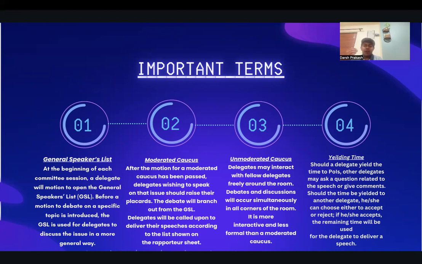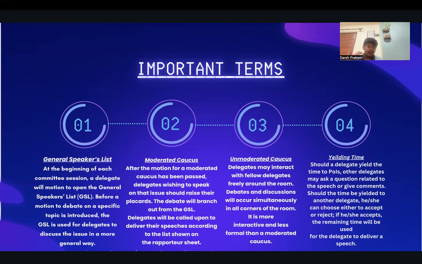I'll take the agenda of our UNHRC committee, that is deliberation upon the special provisions of climate refugees with special emphasis on the 1951 Refugee Convention. This is how you need to establish the agenda. After the agenda is established, what will happen is you all would move on to the general speakers list.